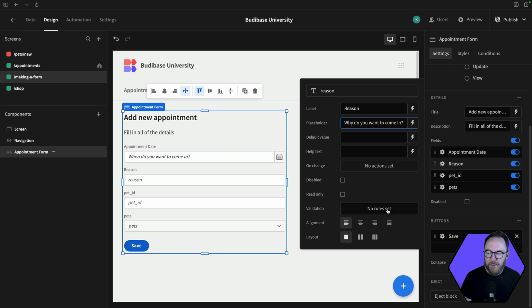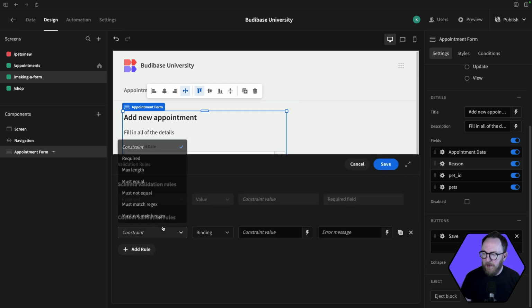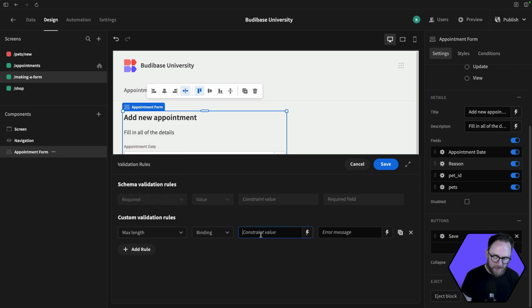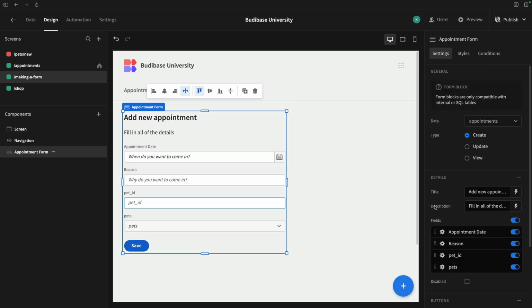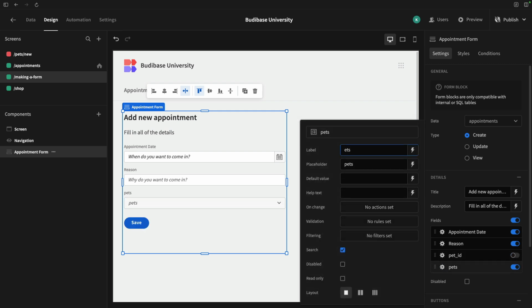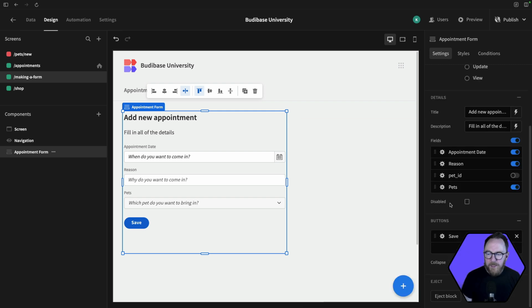I can also set my validation, and I can say that I want the maximum length of this to be 100 characters. I can set a custom error message that says, try to keep reason short. Max is 100 characters. For the pet ID, I want that to be auto-generated when I select the pet, so I'll get rid of that. And for pets, again, I'm going to put a capital P in here and then which pet do you want to bring in? I can decide whether or not the form itself is disabled, which I might want to happen